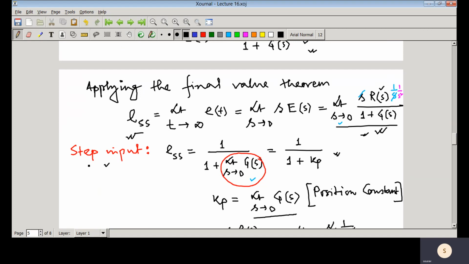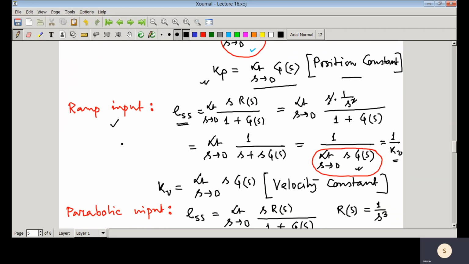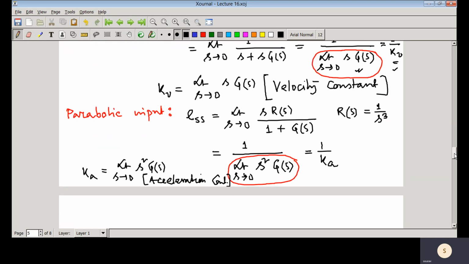If we apply a step input, the steady state error would be 1 by 1 plus Kp, where Kp is the position constant, defined like this. Whenever we apply a ramp input, the steady state error equals 1 by Kv, where Kv is the velocity constant. And in case of parabolic input, it would be 1 by Ka, where Ka is the